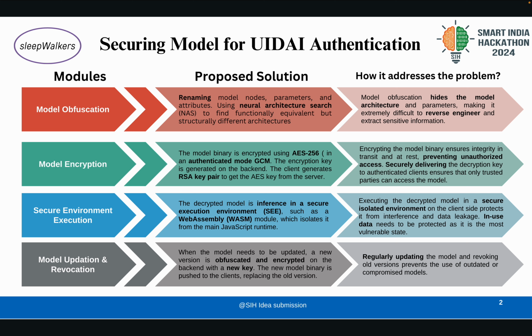The second module will be model encryption. In this, the model binary will be encrypted using AES-256 in an authenticated mode on the backend, that is server side. The encryption key will also be generated on the backend. Whenever the client wants to use our model, the client will generate an RSA key pair to retrieve the AES